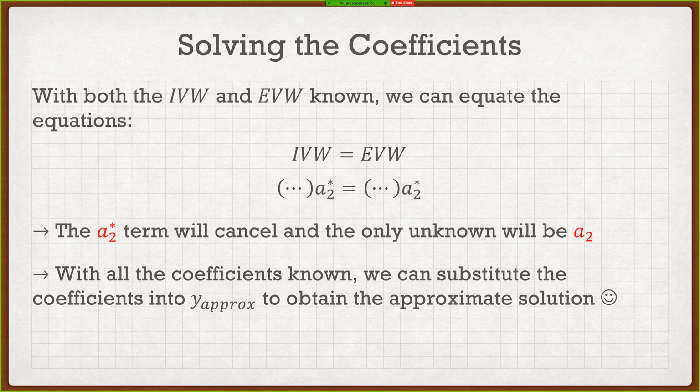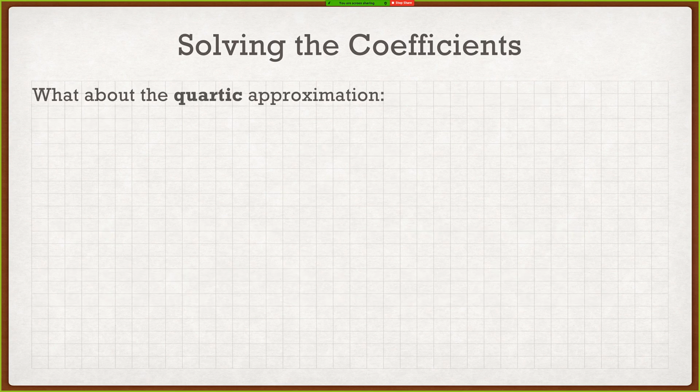Now, this is where I typically end things, but I want to make a very specific note because I know we'd get a lot of emails if we don't. So let's talk about the quartic solution. So up until this point, all the steps are the exact same. The only difference with the quartic solution is you're going to have A2, A3, and A4. Now, when we get to this step here, after we calculate the internal virtual work and the external virtual work